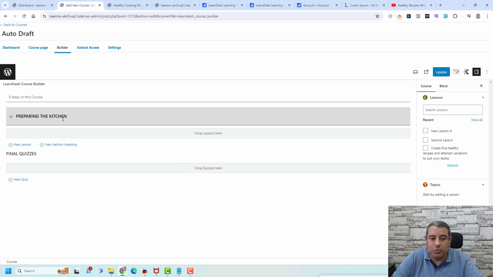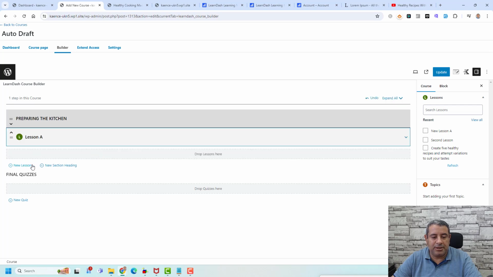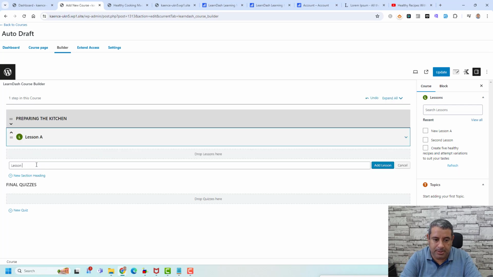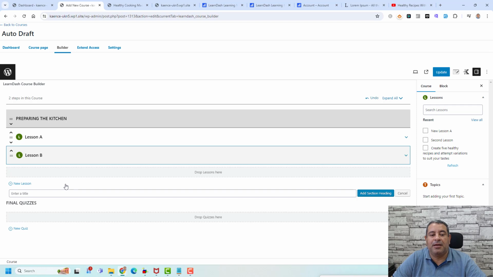To add a lesson, we need to click add a new lesson, and let's say lesson A, for example, add a lesson. Let's call this lesson B, add a lesson. Now we need to add another section to the course itself. We can just click add a new section title. We call this preparing the meal, let's call this preparing the breakfast meal,